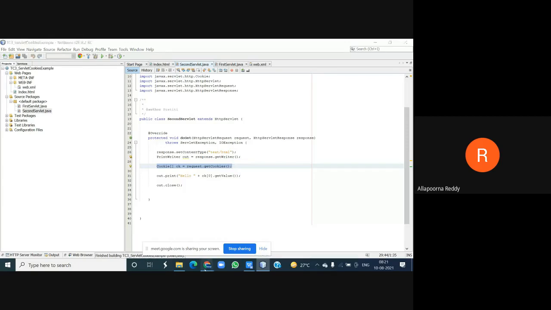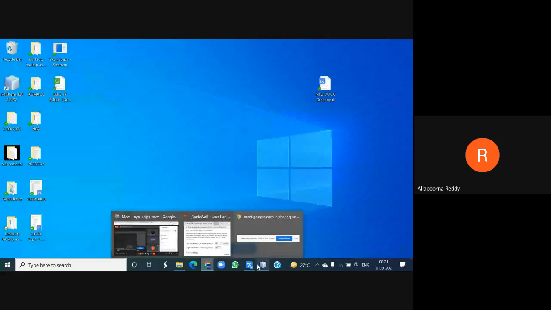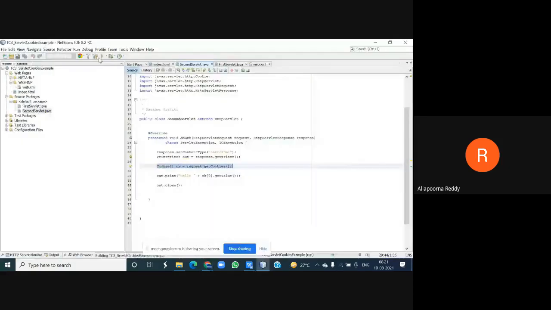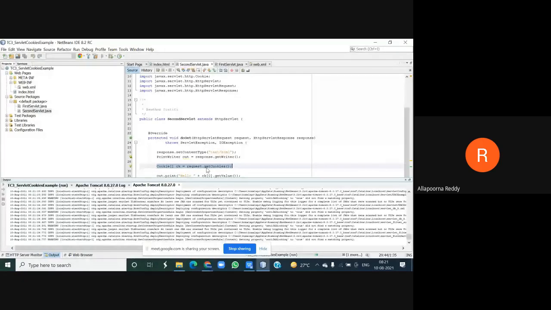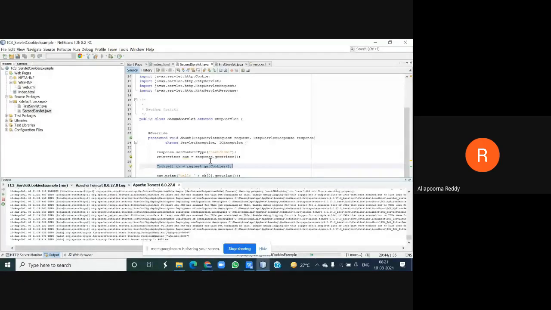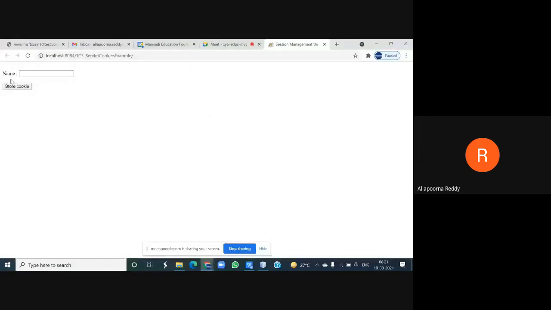Now I am trying to execute it, running that particular thing. Have a look here. First, I need to get one. So my server is started, right? My Apache Tomcat has started. So my request is sent to my browser, asking me to enter a name. As I mentioned, name is my HTML page which I have generated.